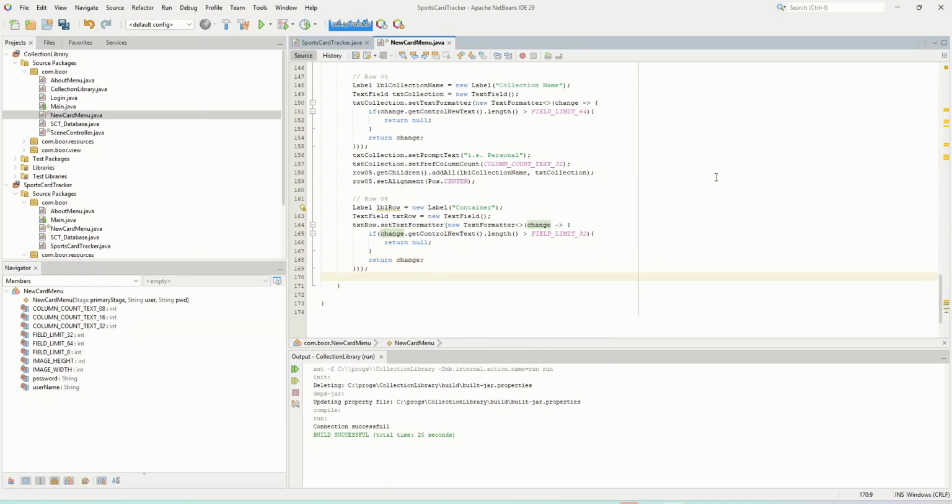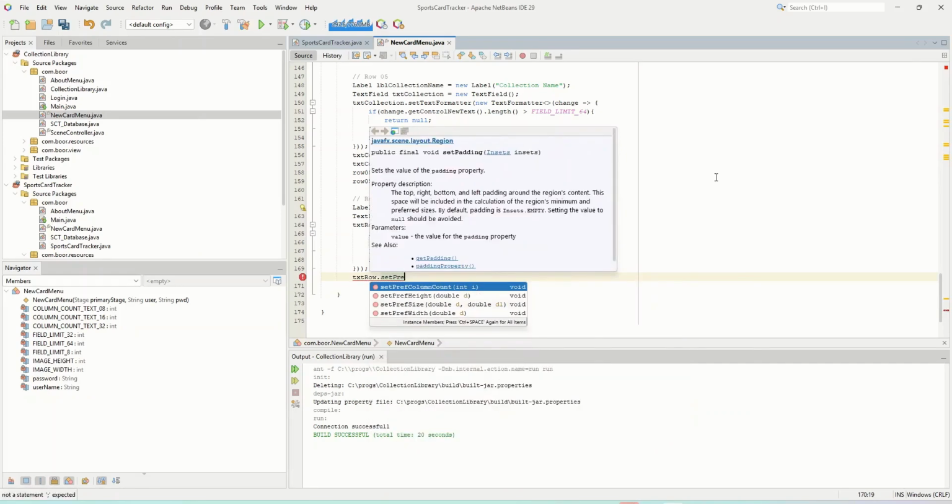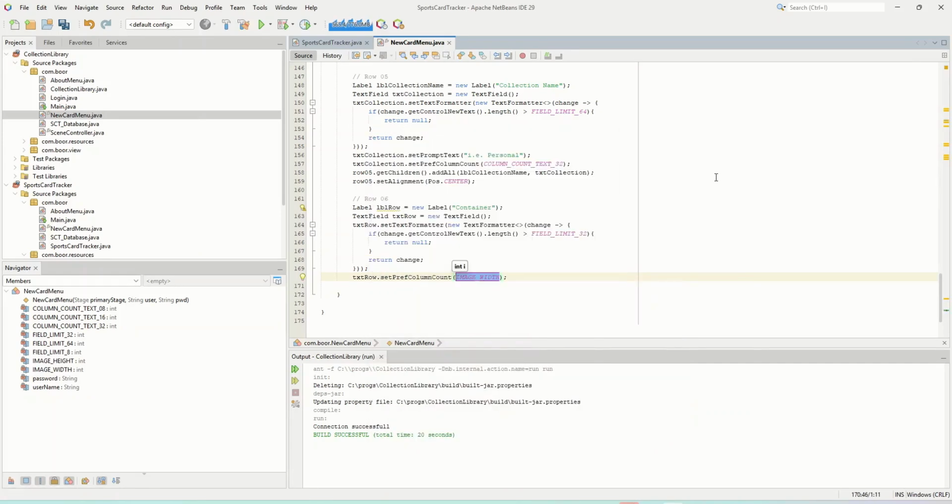And we only want it to show up 32 characters on our screen. We want to put in here txt row dot set pref column count, and we want to put in here column count text 32. Now we put in our prompt text, row dot set prompt text,